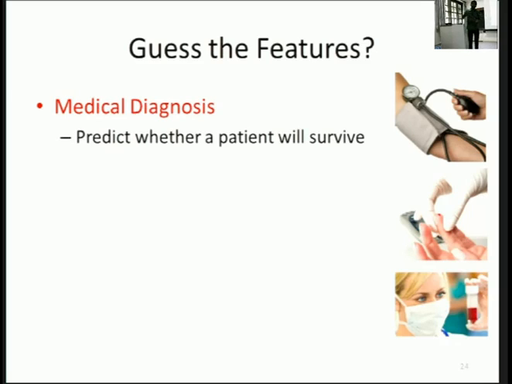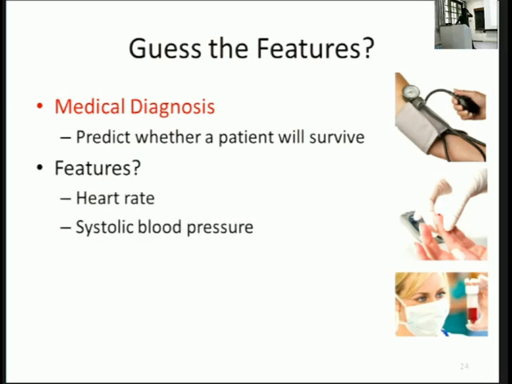Heartbeat, BP. Those are numbers. Anything else? Temperature. Temperature is a good one. Basically most of these medical tests will do. The things are like heart rate, BP, white blood count, and age probably helps more. And everything else, right?